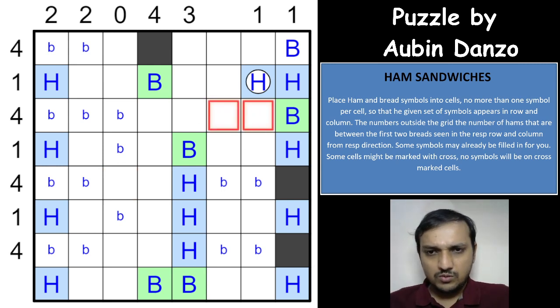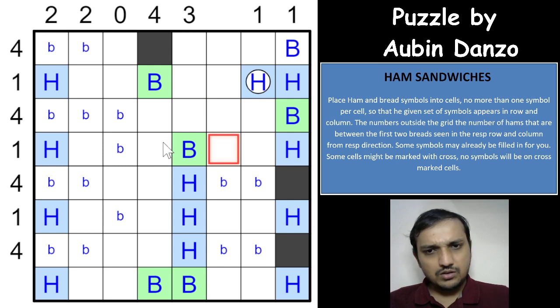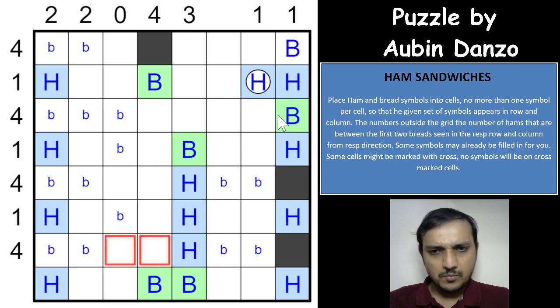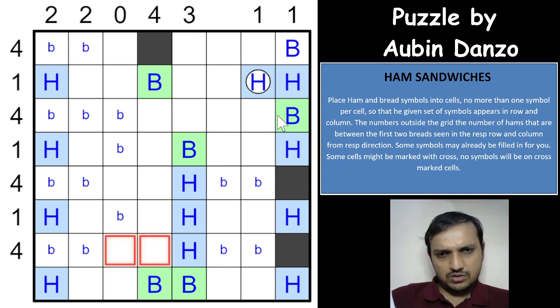These cells are not B now. This cell cannot be a B. Okay, of course these cells are not B. Okay, we got this logic, but